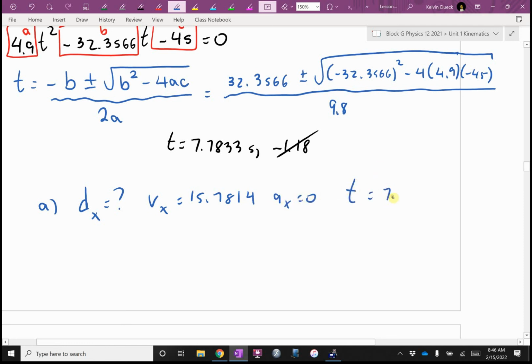Time is 7.7833. I'm going to use my answer button. How can I find dx? What happened to the plus a half at squared? Can you see, if you're in a rush